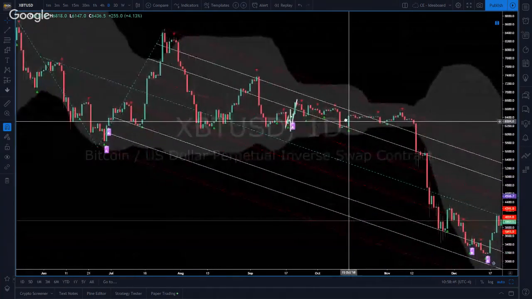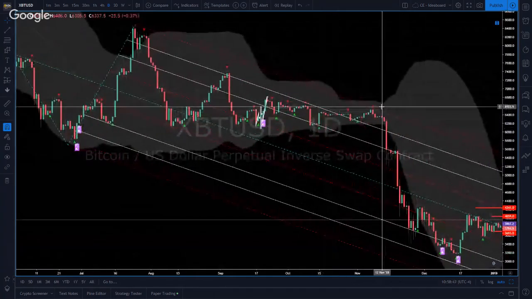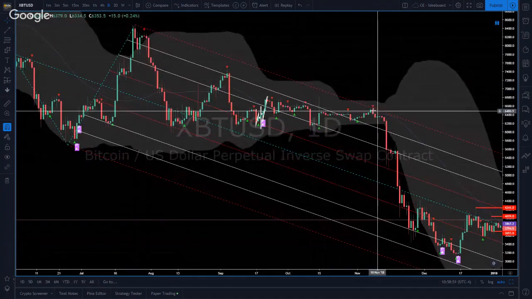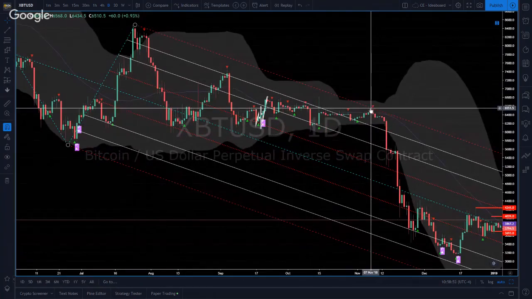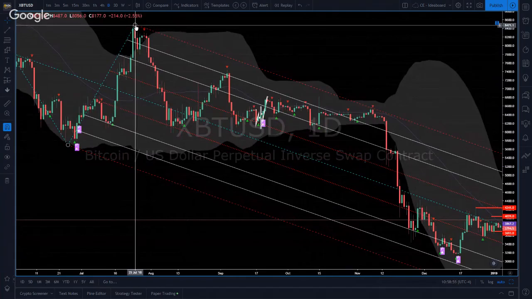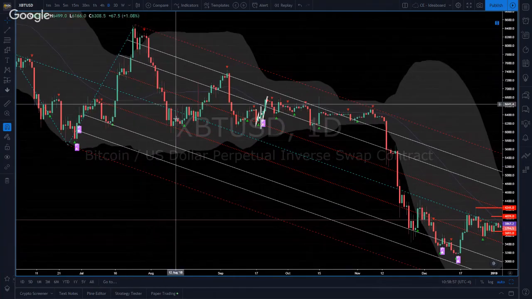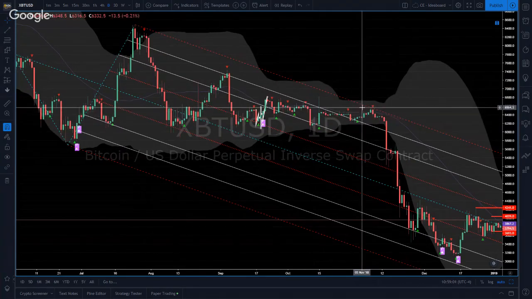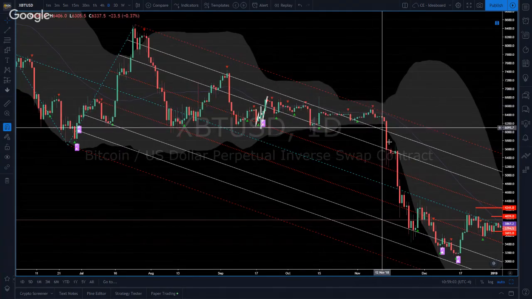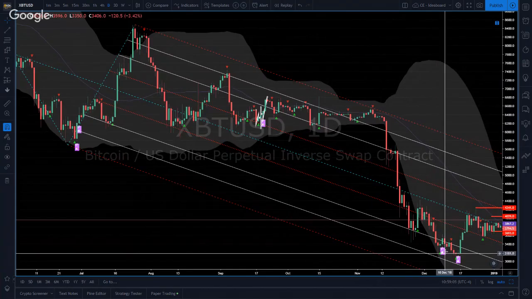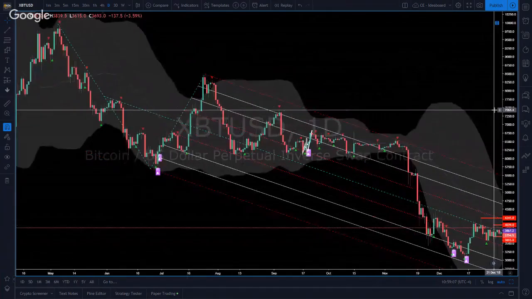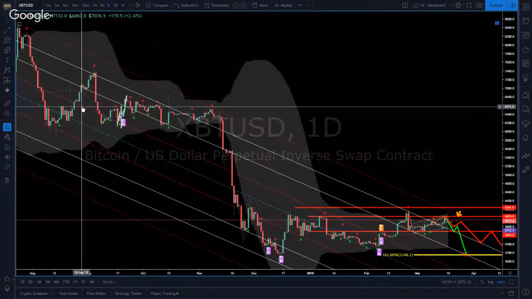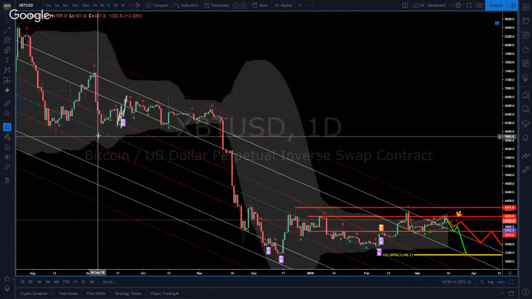And you can see after we tagged that median line, of course, not the median line, but the top trend line here for the resistance level. When we touched it here, this is where we created our first pivot, and we had a massive rejection. Okay, then we had some consolidation. We touched it here, and we had, yet again, a massive rejection. And what are we doing now? Well, of course, we all know we are doing some consolidation. Now, it's not the same kind of chop that we had up here, right?